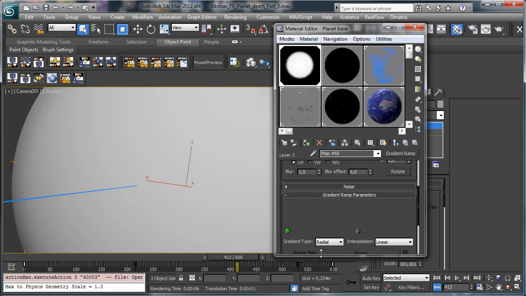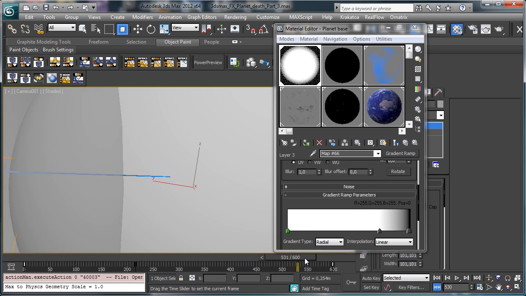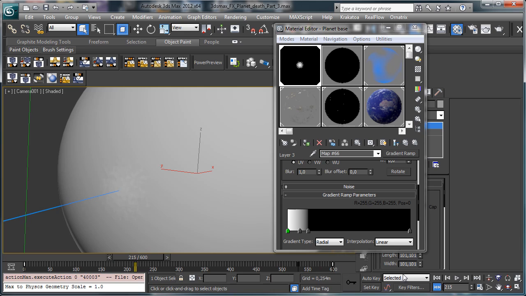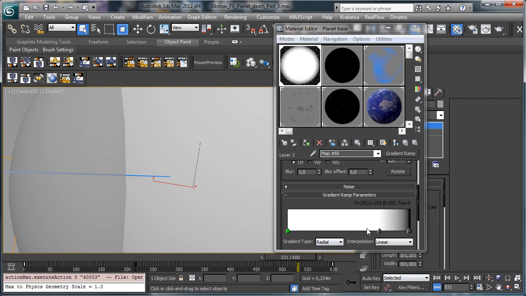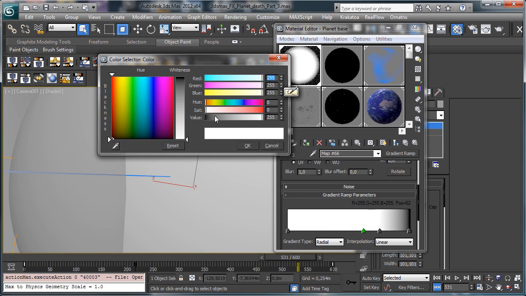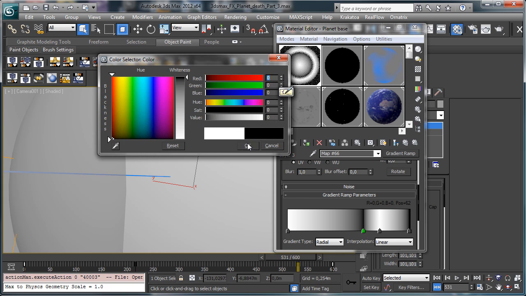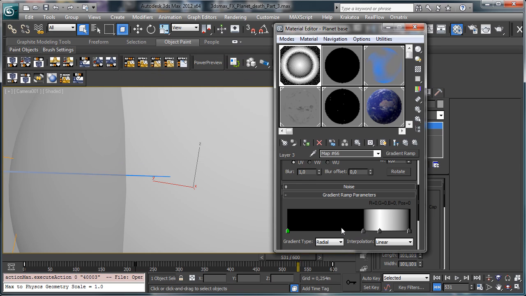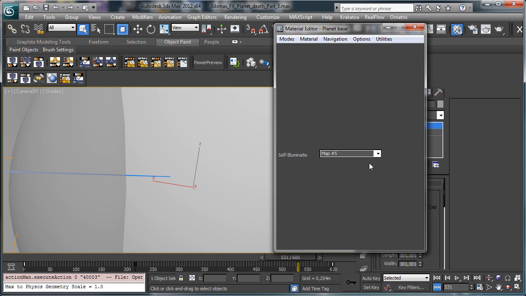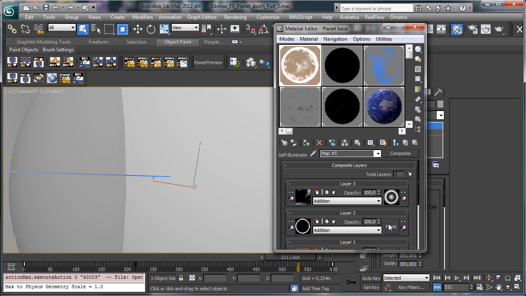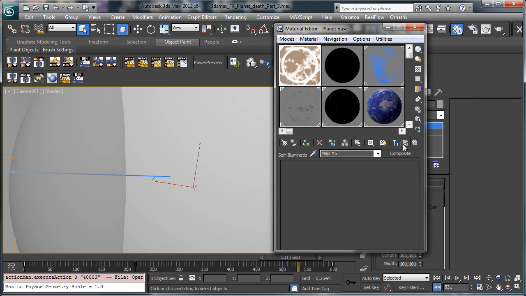So let's go where we have a key there. Okay, and let's create a key there, and there we have the black color. But again we have the same problem we had before. So to do a better thing, we can remove this map for the moment,